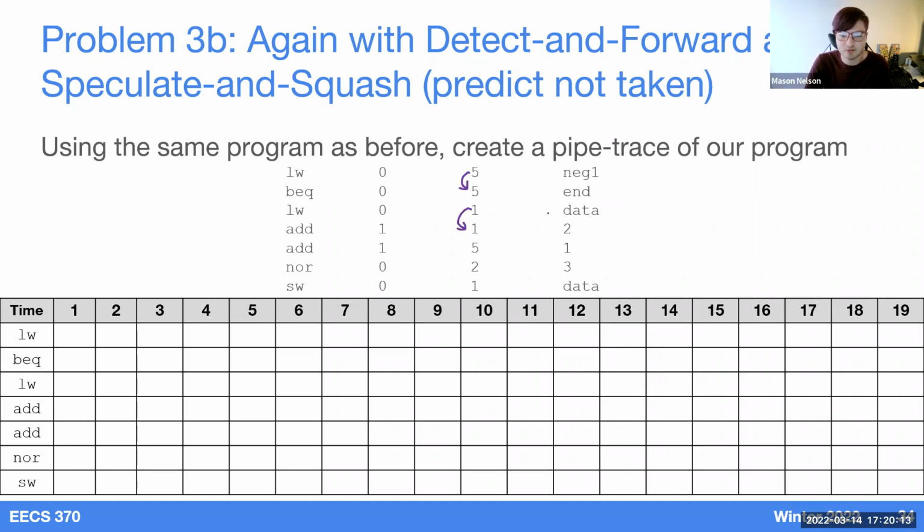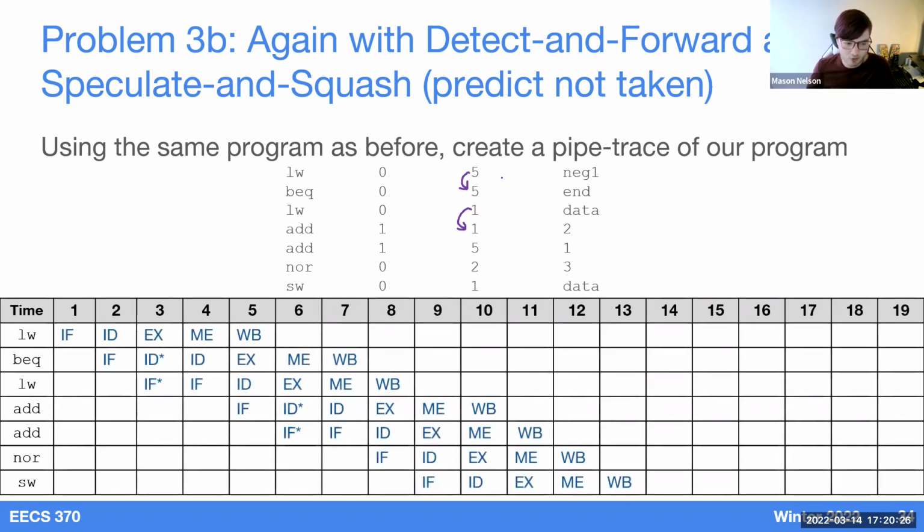And let's assume that we're not going to take the branch here because -1 is not equal to 0, so we won't take that branch. And so now we've eliminated most of the stalls, and the only stalls that we have now come for the LW followed by the BEQ and the LW followed by the add. So at this point,